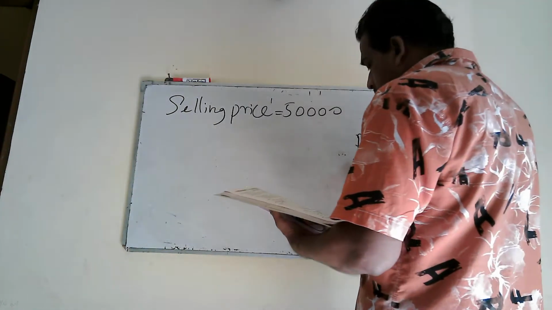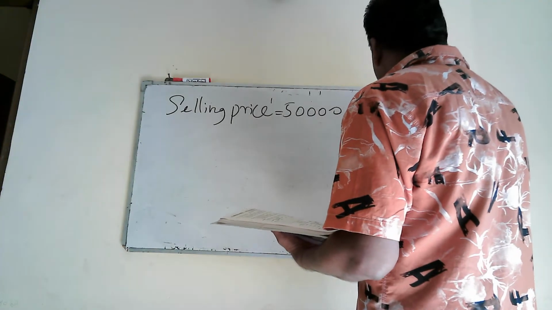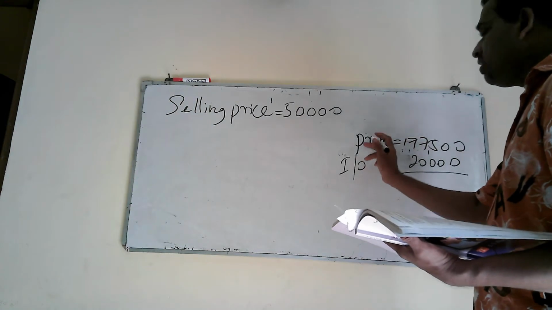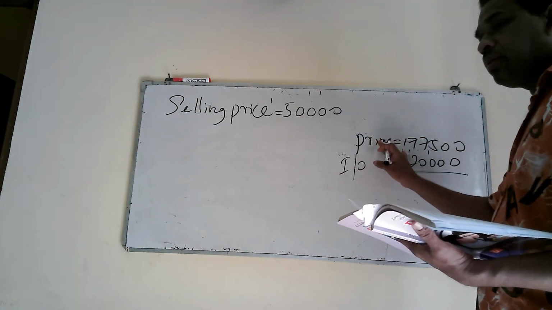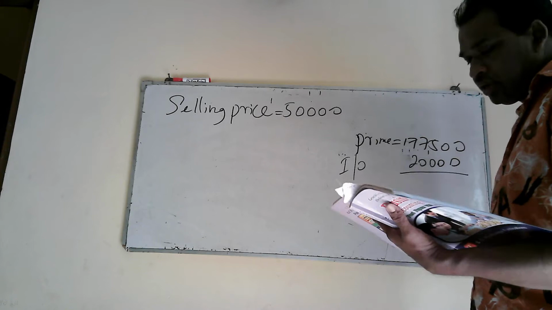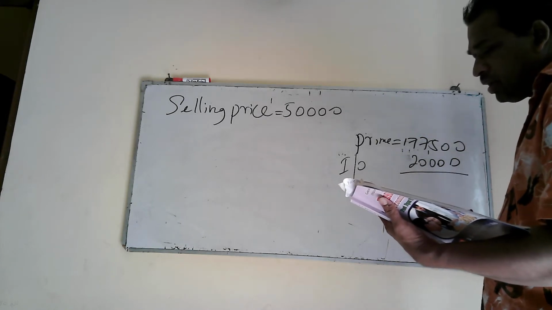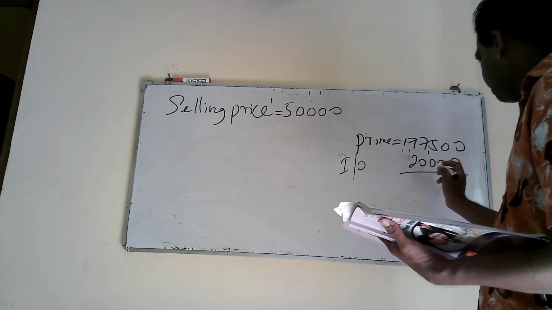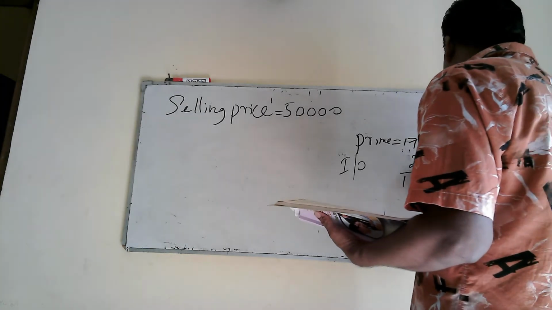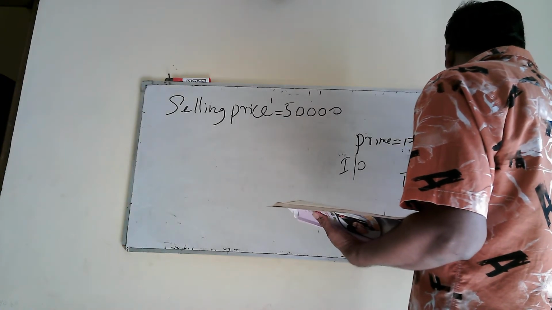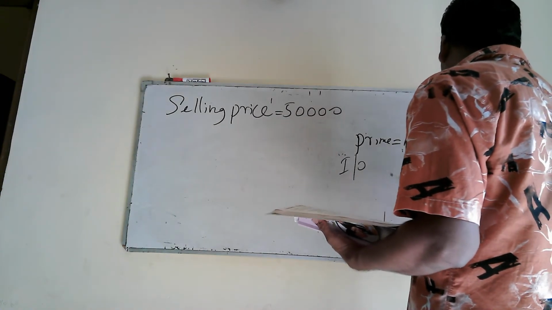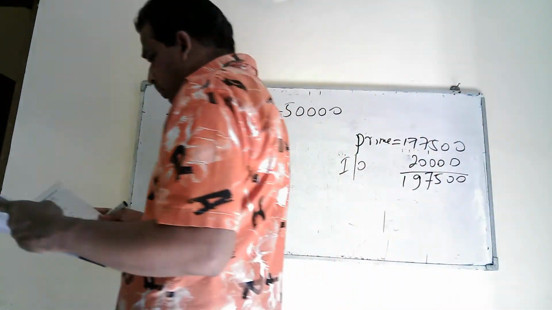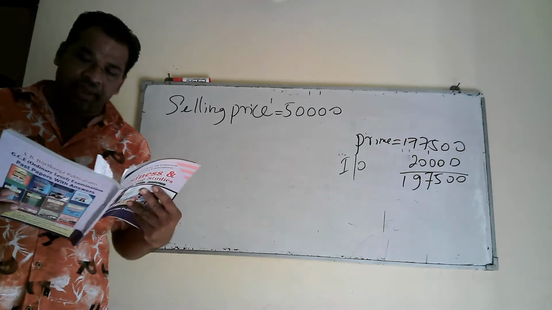That is indirect other cost. Here prime cost is 170,500. This is the addition of direct material, direct labor, and direct other cost. Here we are given an item, rent of carpenter shop, that comes under indirect other cost. Then we can just add 20,000. Then total cost will be 197,500. Total cost for the production will be 197,500.